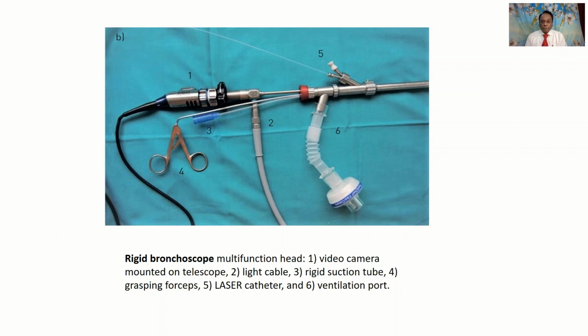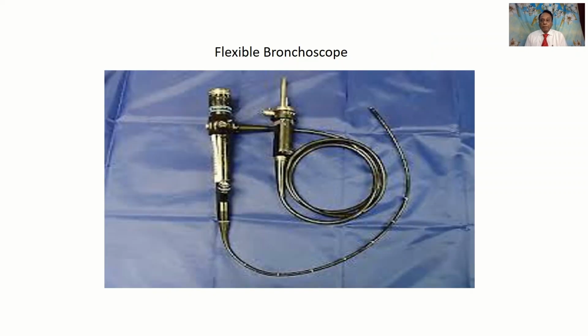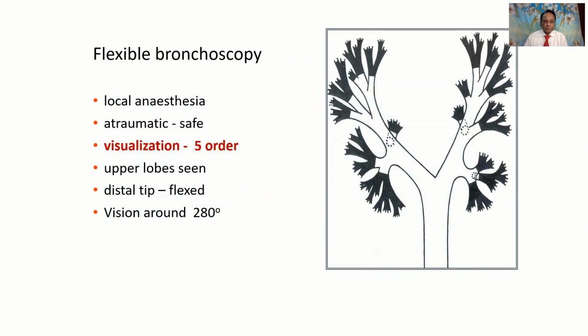This is a rigid bronchoscope, how it looks, and I don't want to go much into that. We are going to talk about the flexible bronchoscope. What you are seeing is the fiber optic flexible bronchoscope. Can you see the dark area and the white area? The white area is what is possible with the rigid bronchoscope, whereas the black area denotes the extent to which flexible bronchoscopy